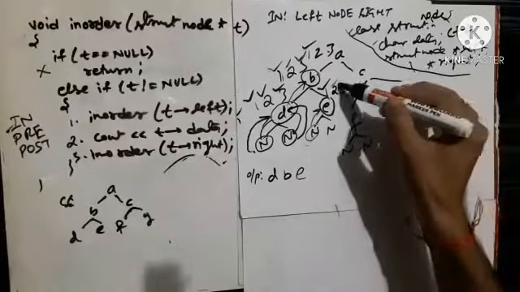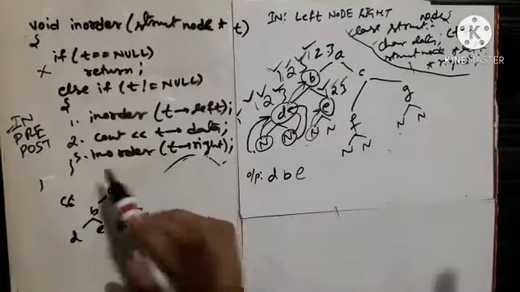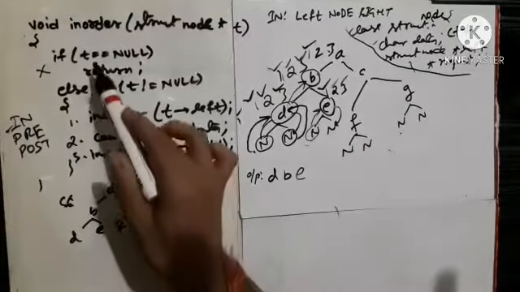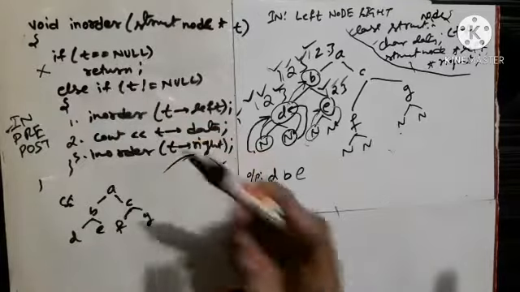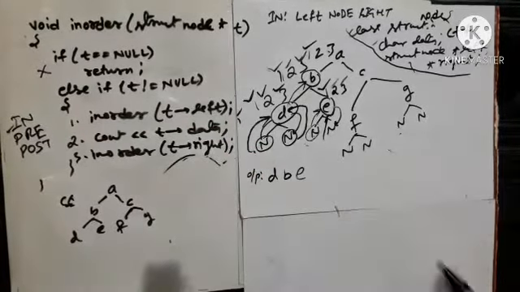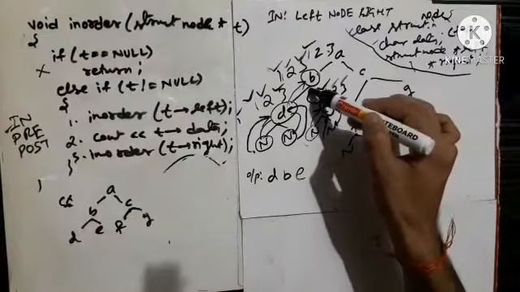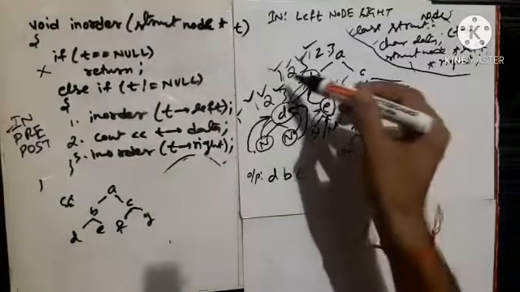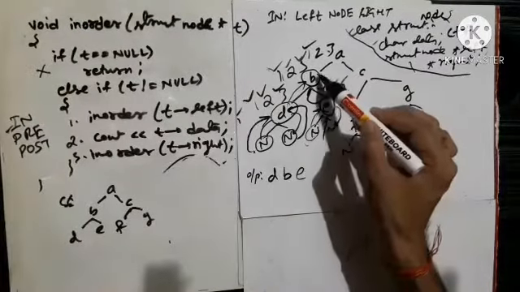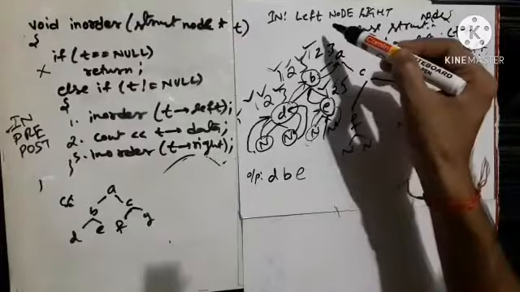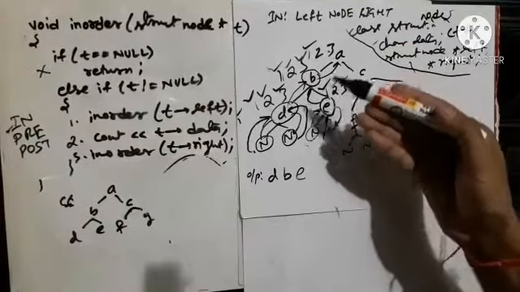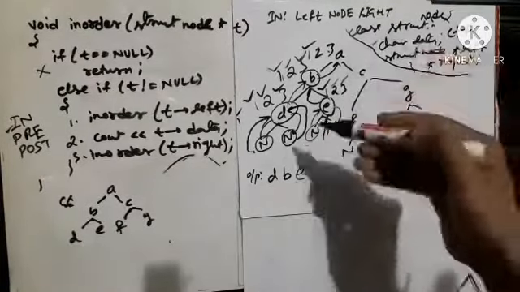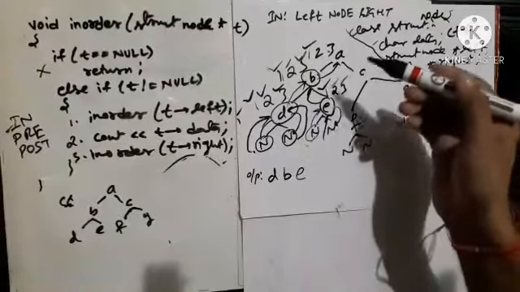It is as simple as that. Now execute statement 3, which says again call this function and pass t ka right. So this is t, its right is null. So as soon as it encounters null, it will return nothing. Again control goes back to e. Now it has already executed all 3 statements, so e will give the control back to b. B has already executed, now it gives the control back to a. A has called b, b has called d, and this is recursively calling. This is using stack memory, isn't it?